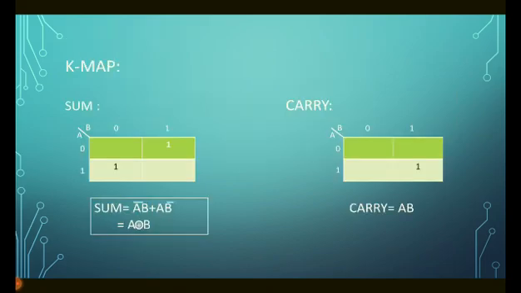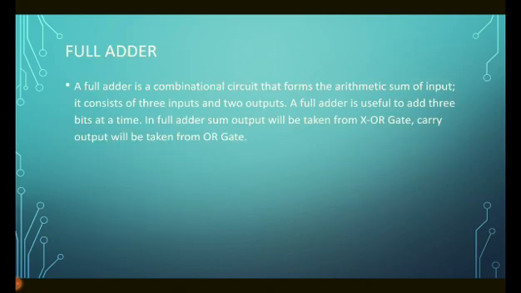So using the truth table, I have given the K-map for sum and carry. I have taken only the output that has a value of 1 and I have formed the K-map. So for sum, I have two 1 values. So I have made them as an equation, and that equation is an equation of XOR gate. And I have only one value, that is the one output value of carry is 1. So I have given the equation.